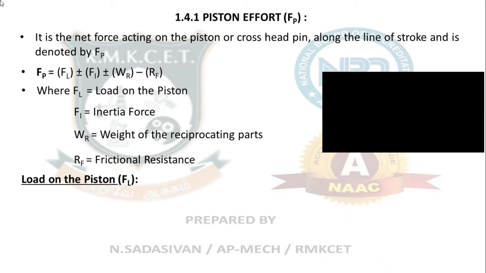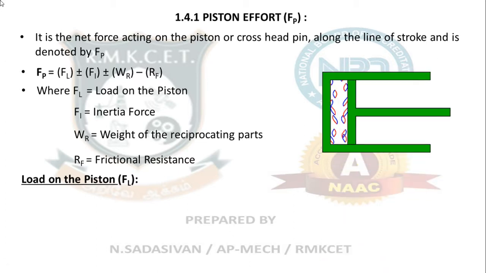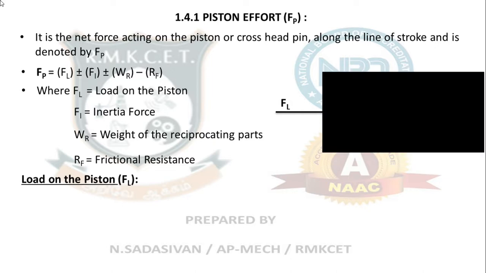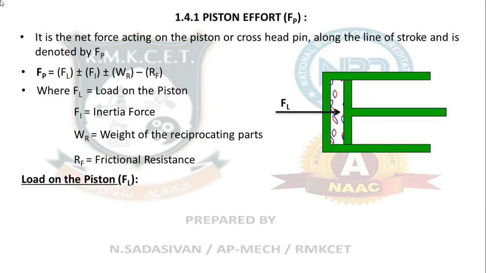Let us look into this diagram. Okay, so I am having a piston, and some load FL is acting on the piston, and due to this load only your piston is reciprocating. Where does this FL come from? I am putting some fuel into the engine and making it undergo combustion, or I am bringing some steam which has already imported a lot of enthalpy and is expanded into the engine. Somehow I am giving some pressure on the piston, because of which your piston is moving to the right.